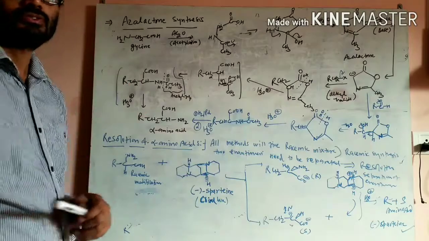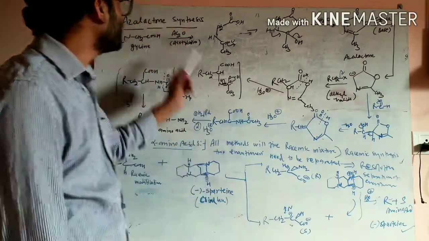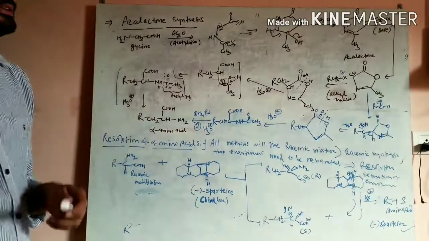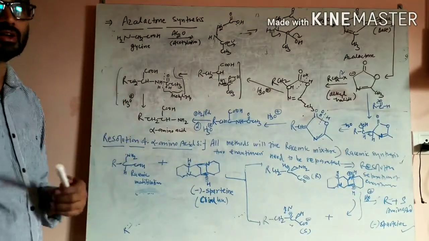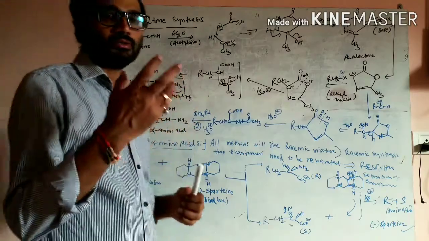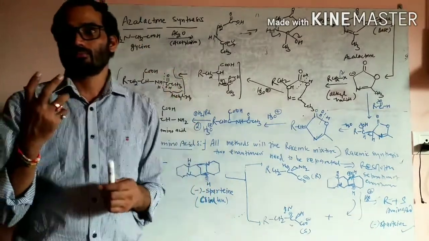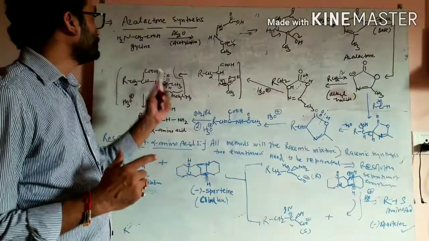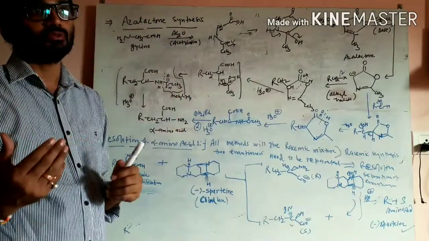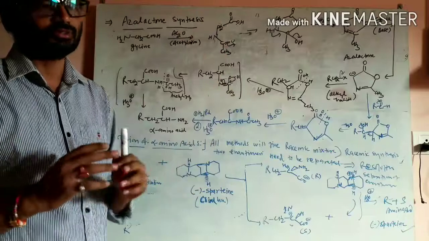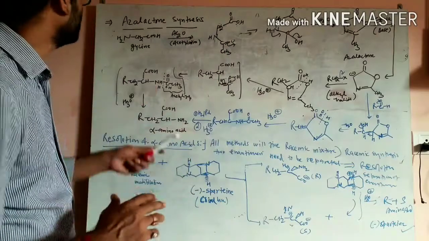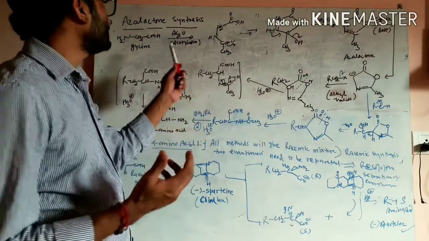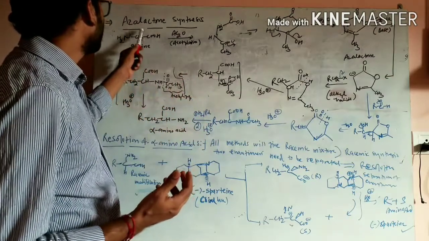Another method for the synthesis of alpha amino acid is the azlactone synthesis, and this is a very important method. In this method, we use glycine as a starting material. You know, glycine is the very first amino acid. Starting from glycine, we can convert this glycine to a number of other amino acids by using this procedure. Actually, this glycine is acetylated. So, acetylation of this glycine is done. Acetylation will occur at this NH2 group.